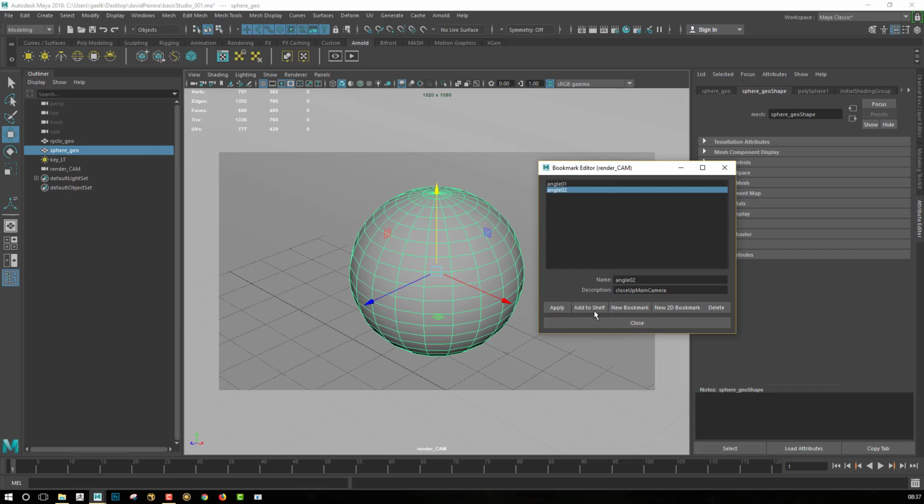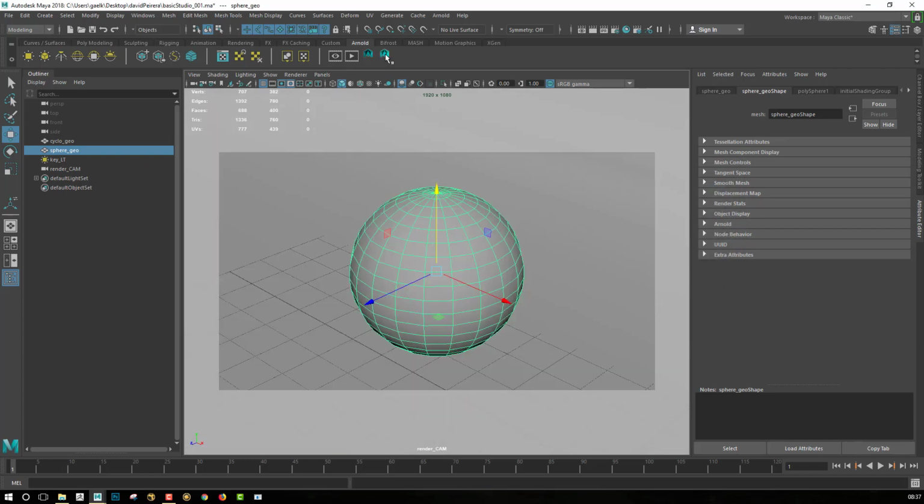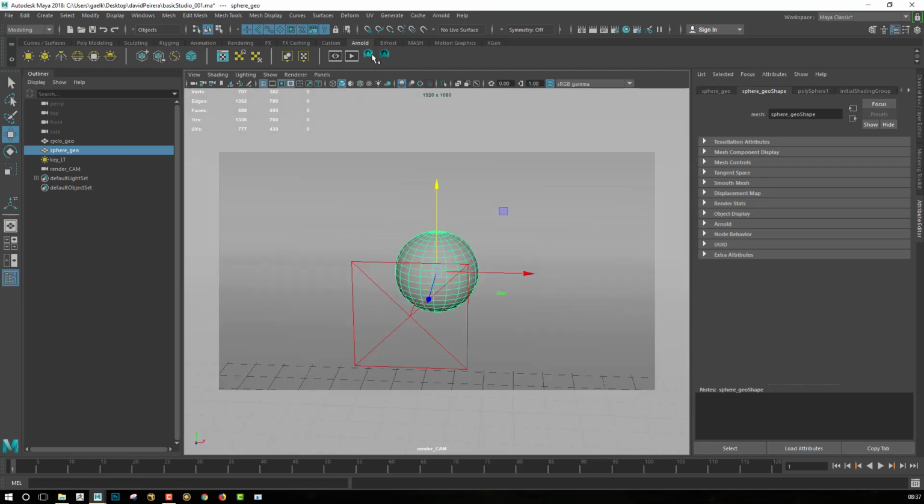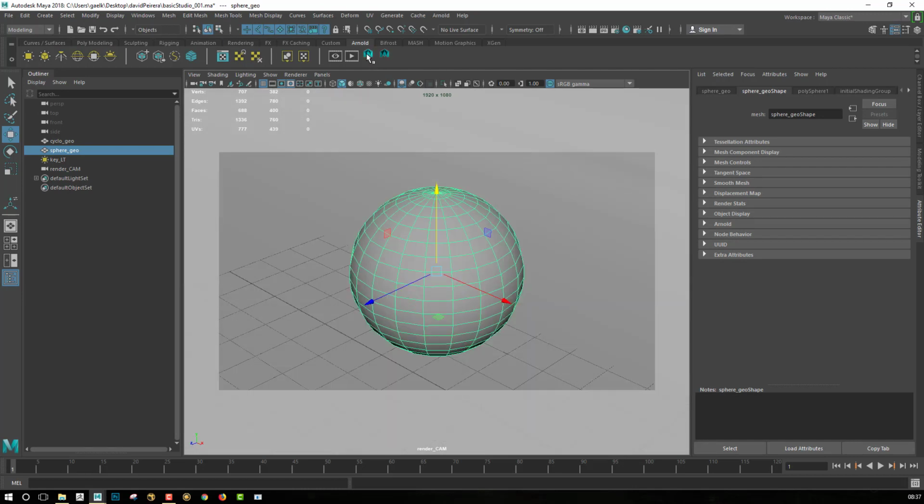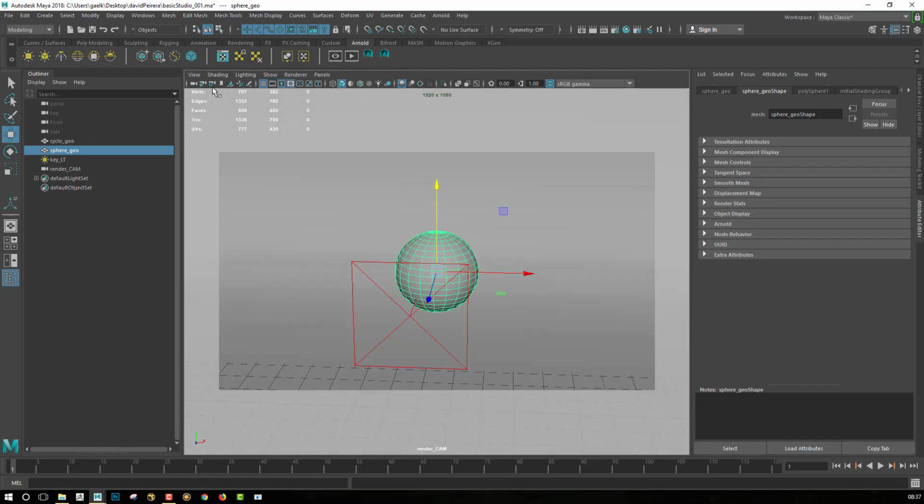You can even add the angle to the shelf. If I click on this button here, it will add a little icon to my shelf. So I will just have to click on this one, then select this one, add also. Every time I click on this little shelf, I will be able to switch from one view to another. So let's keep to the easy way.